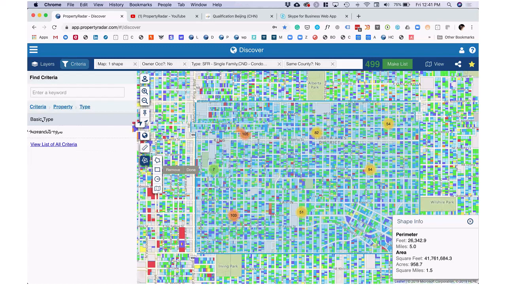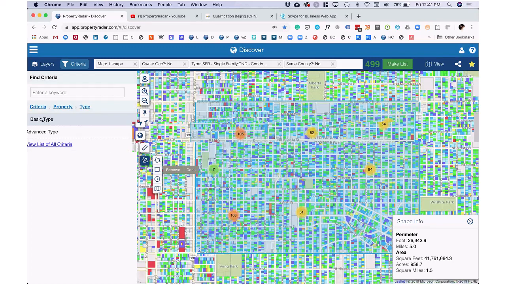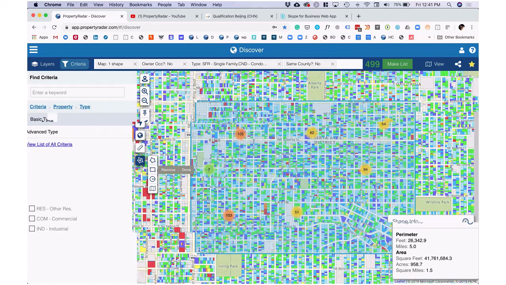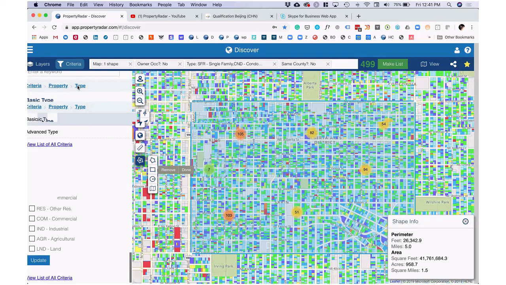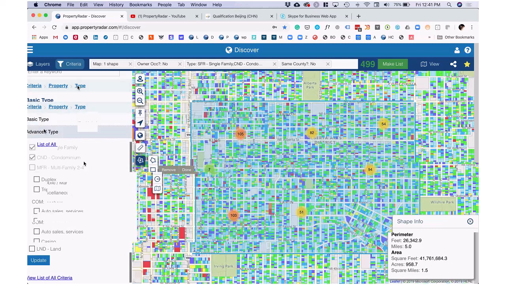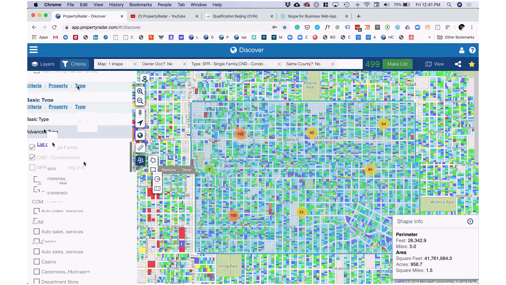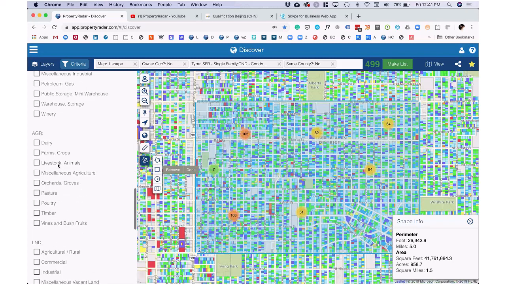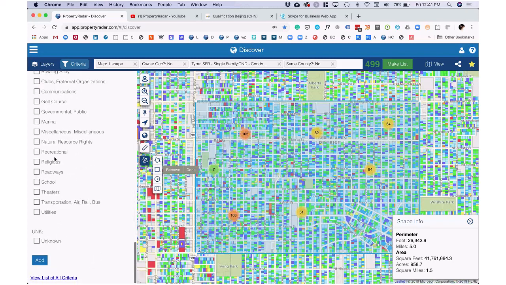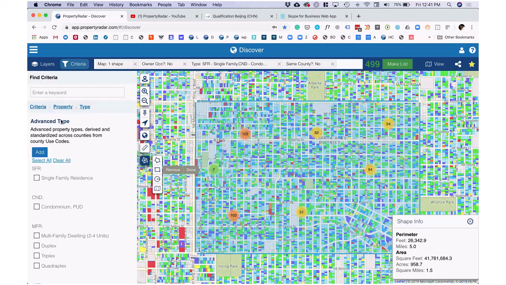So here we honed in on single family and condo. We've got tons of different types. You can really drill into, if you're looking at MFRs or other different types of residences, all the various ways of doing commercial, industrial, agricultural, land. The property type in itself has a massive amount of nuance to it.